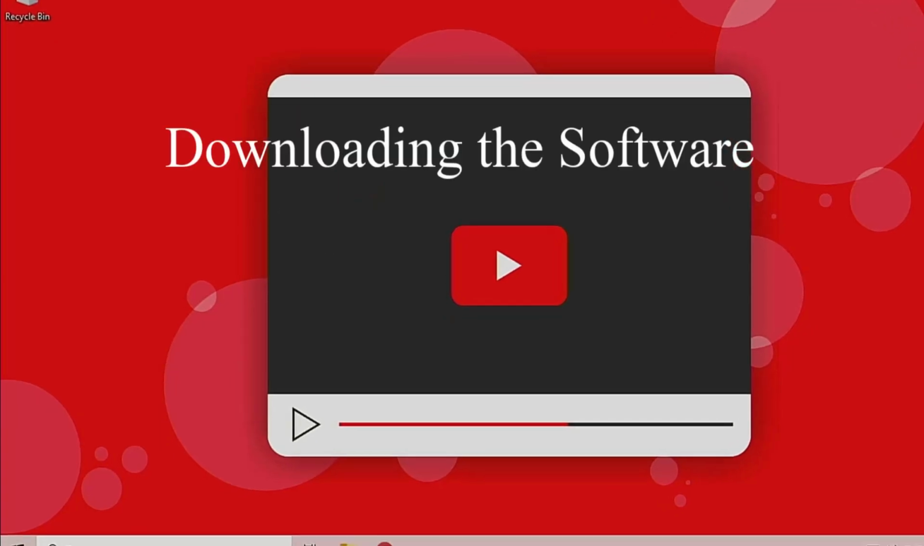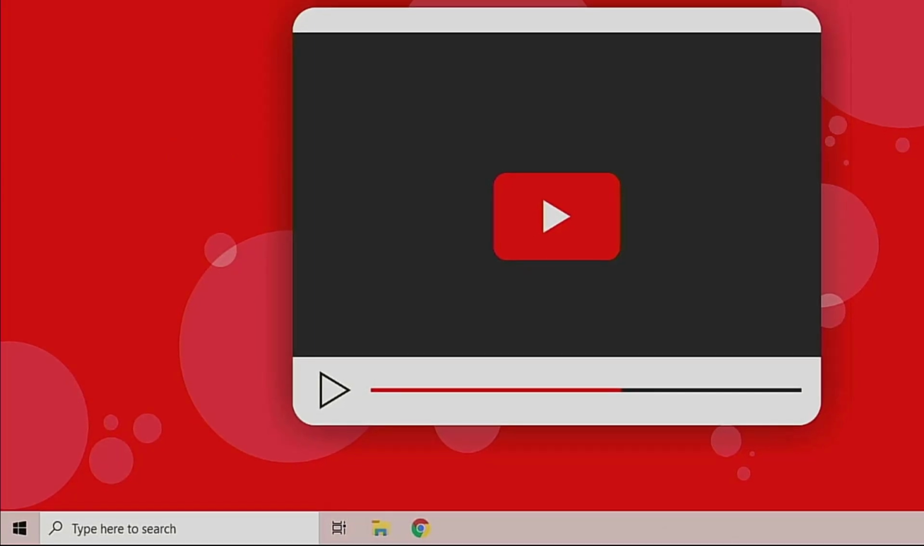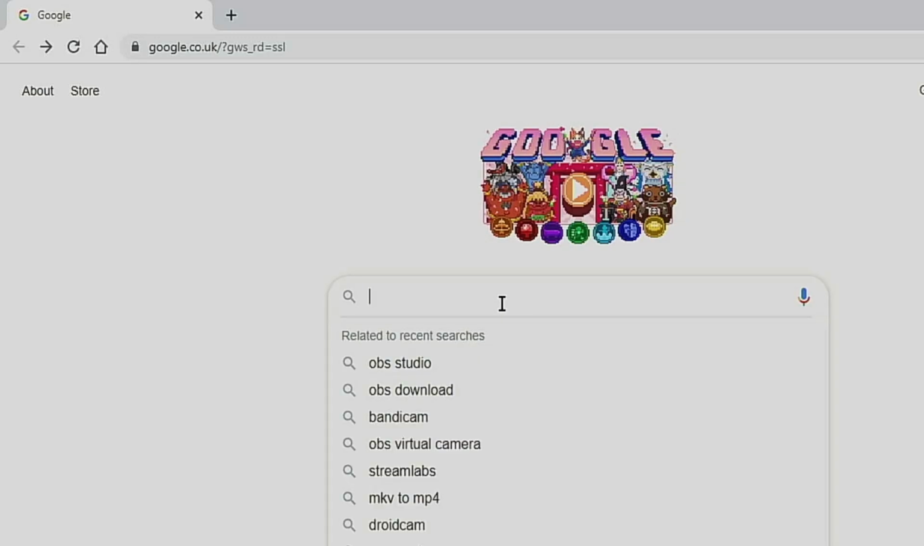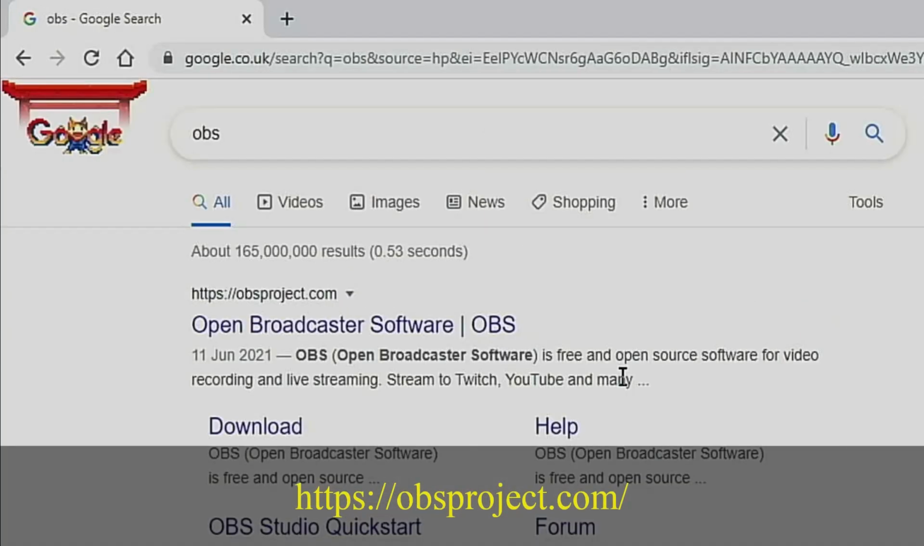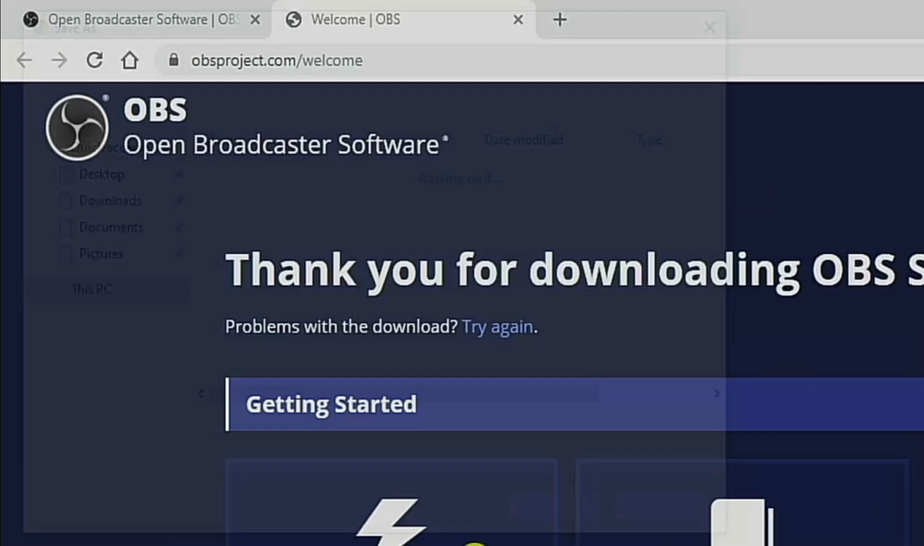So the first thing we need to do is download the software. Anyone that's watched my channel before won't be surprised to hear that this is all free and open source. So let's open the web browser and we're going to search for OBS. This is the Open Broadcaster software at obsproject.com, and I'm going to download the version for Windows and save that